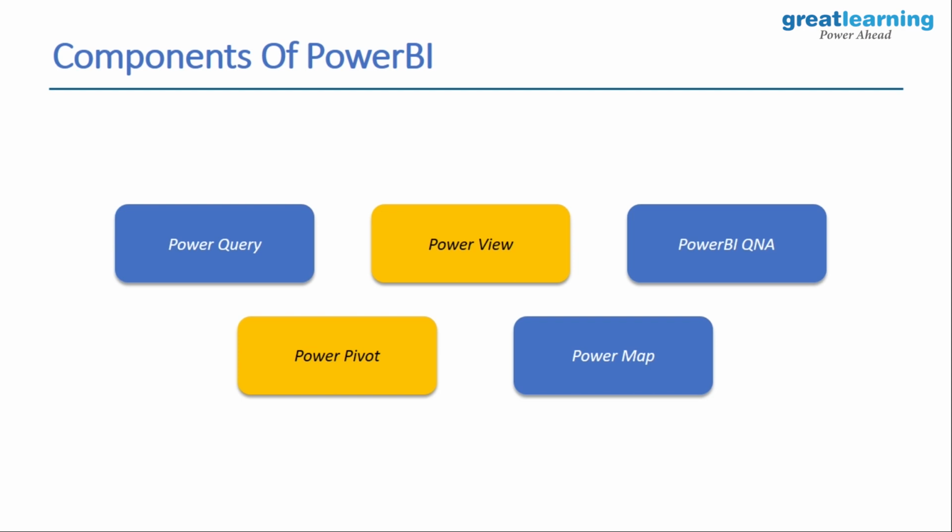Now, next you have on your plate is Power Map. Okay. So Power Map is used to visualize geospatial data, which can be in 3D mode, right? So Power Map basically lets you deal with geographic data. Now, when you're talking about this data type, we are talking about data that is specific to a particular location, and you need a separate kind of visualization for it. And Power Map lets you get all this data in place and also render this data in 3D mode.